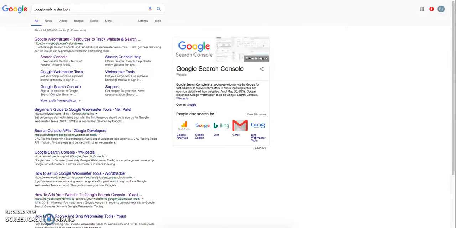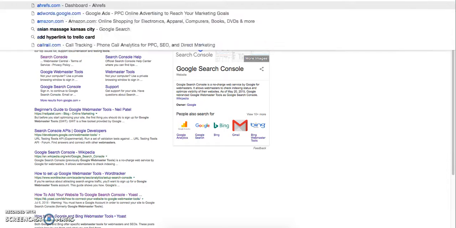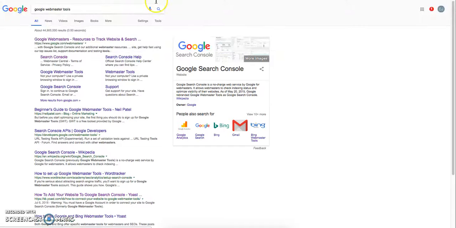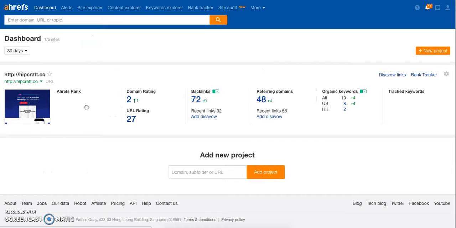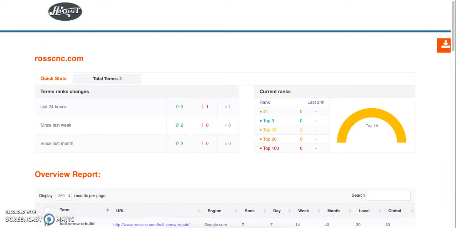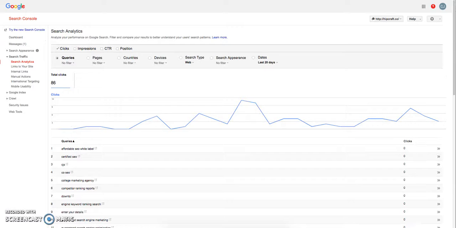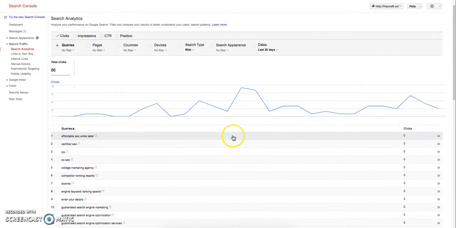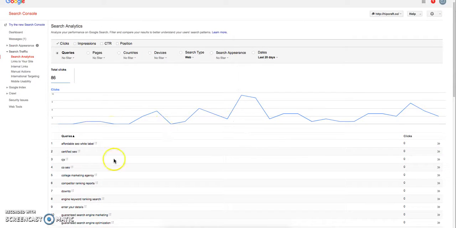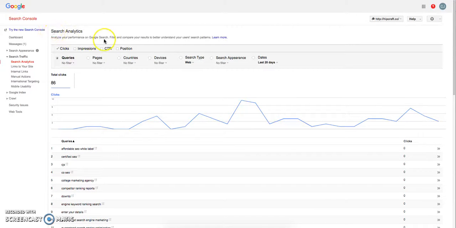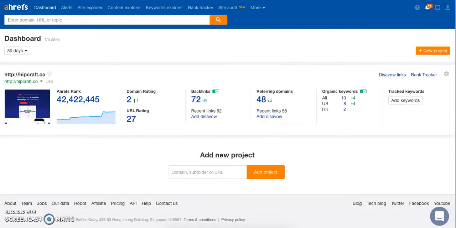There are other SEO tools and software out there, and if you have access to them, then you can also do this. It's useful for your own website or for competitors. Say that you really want to get an edge over your competitor. You can see what they're ranking for. Maybe you're out of ideas for what kind of content to create from your own search analytics on your own site. You could go to something like Ahrefs and say